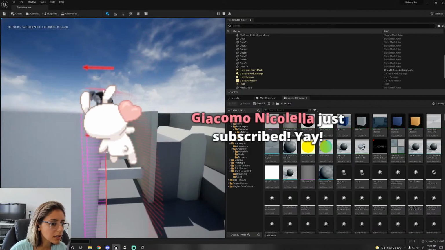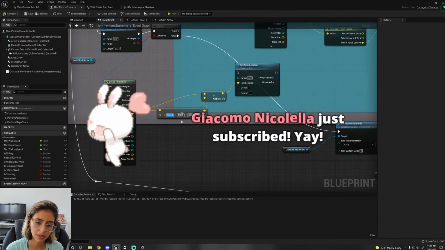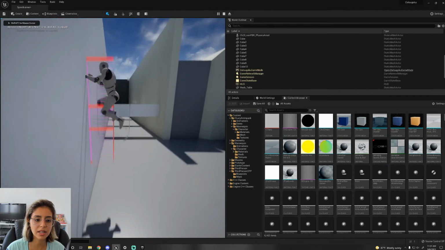Okay, it's too far away. What if I put 500? I just want to see the effect. I wish there was, I don't know if there's an easier way to...